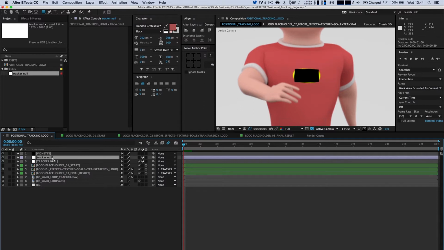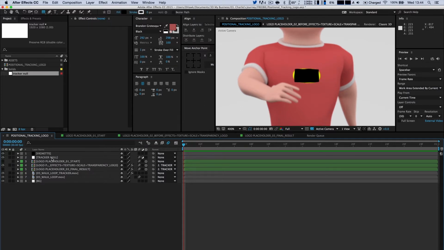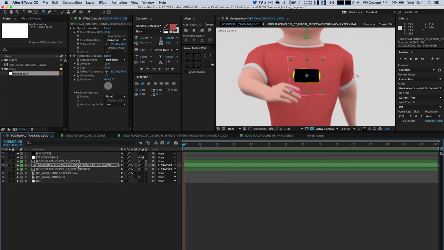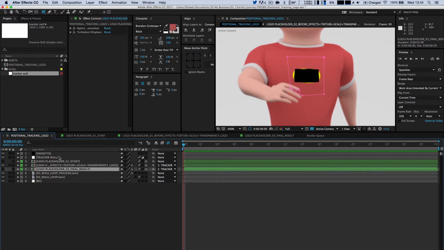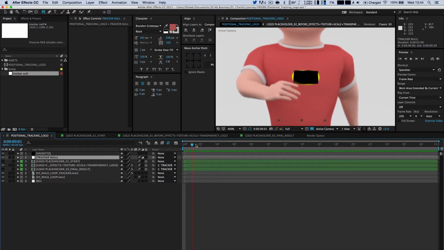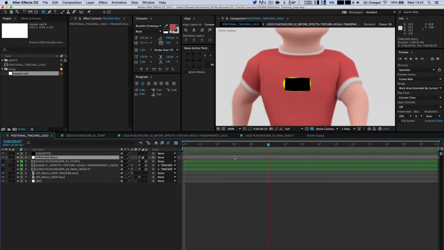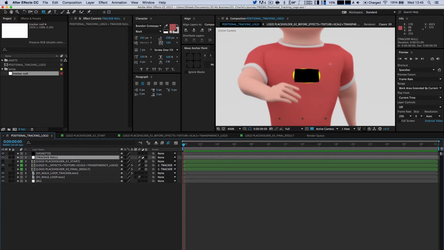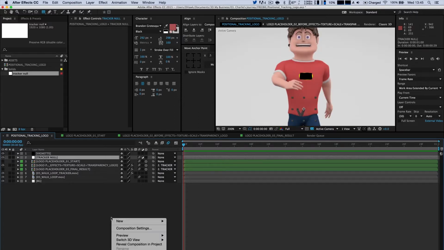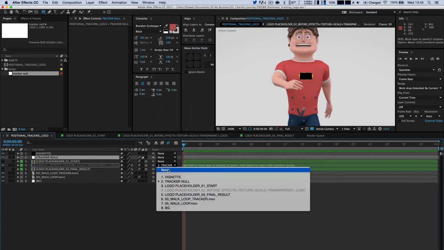So I'm actually going to delete that because we already have our tracker null, and we've got that selected there. It doesn't need to be 3D like our logo placeholders. So with that in place, we're going to come to the first keyframe here,